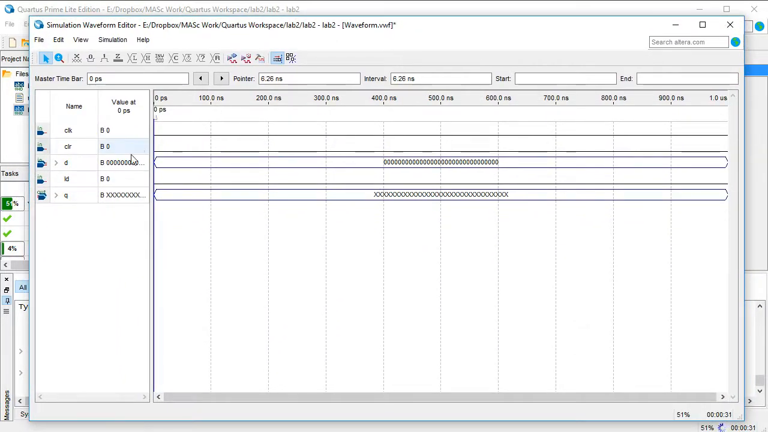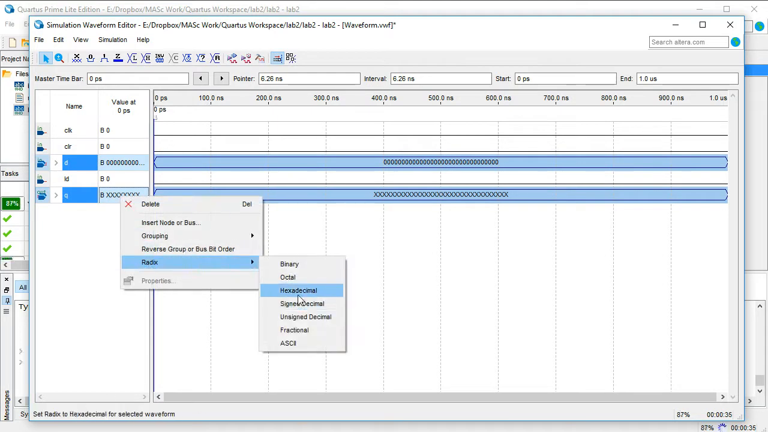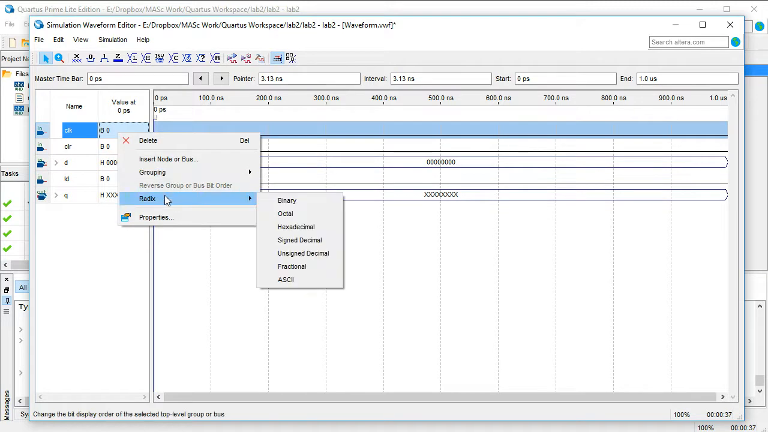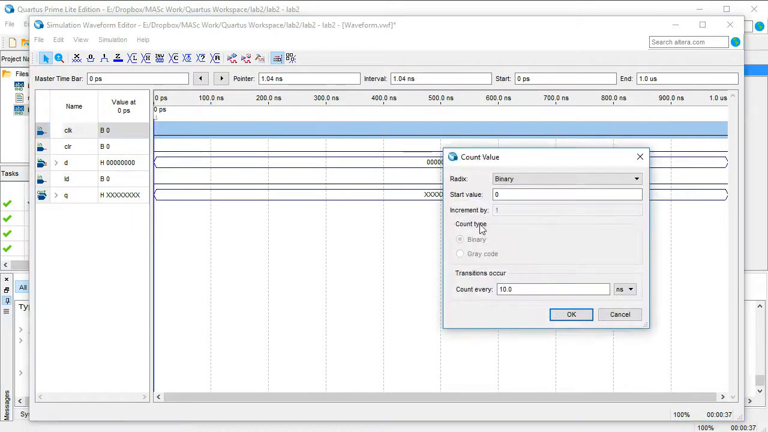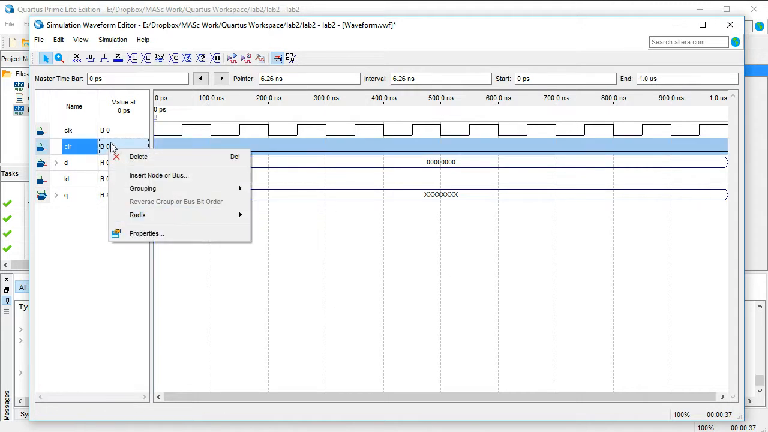Alright, okay. So these numbers are very difficult to read in binary, so you can convert them to hexadecimal so that they are easy to understand. So same with the clock, I can click on clock and make it count every 50 nanoseconds. So every 100 nanoseconds is my clock cycle. And then clear,